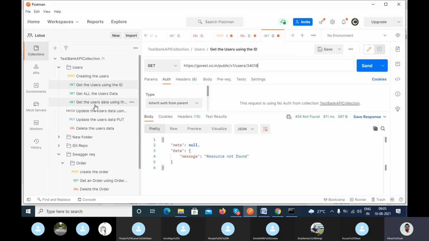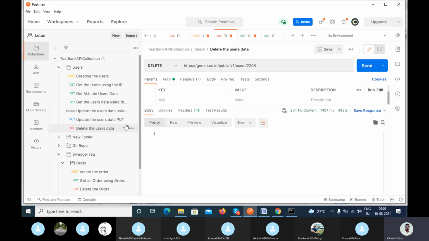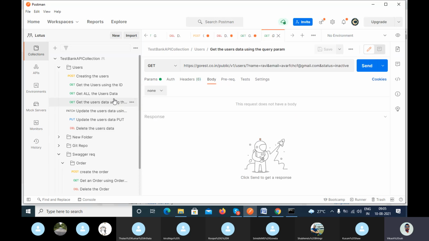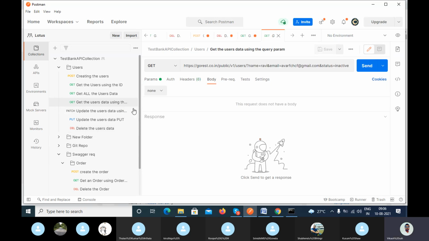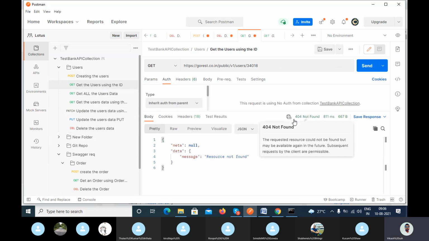Okay, so generally, if you are using a GET call and get a successful response, then you will not get 204 no content, because in the GET call, if it is successful, you will definitely get the response. Then there is no meaning of 204 no content, right? So in the case of GET, we will always use 200 OK.